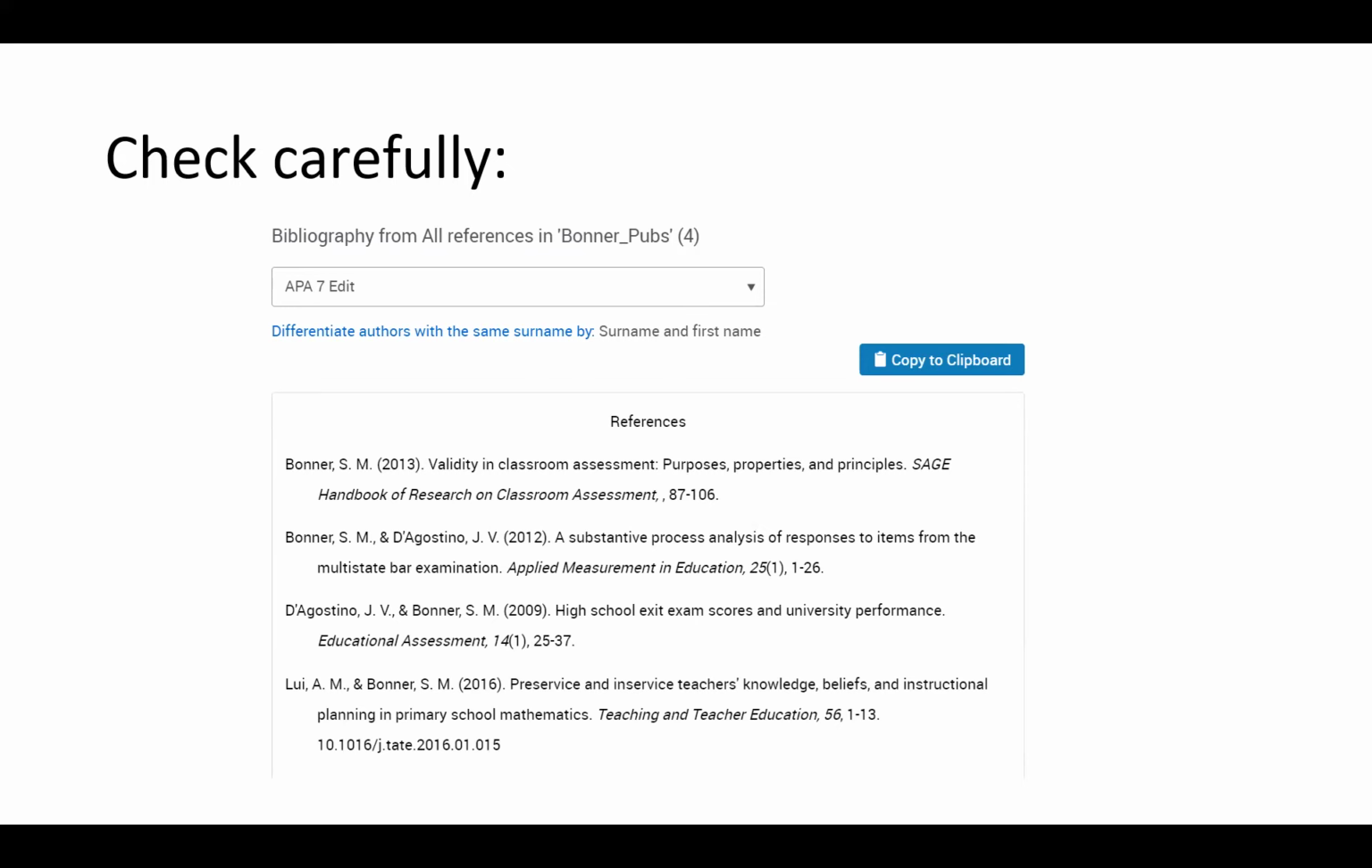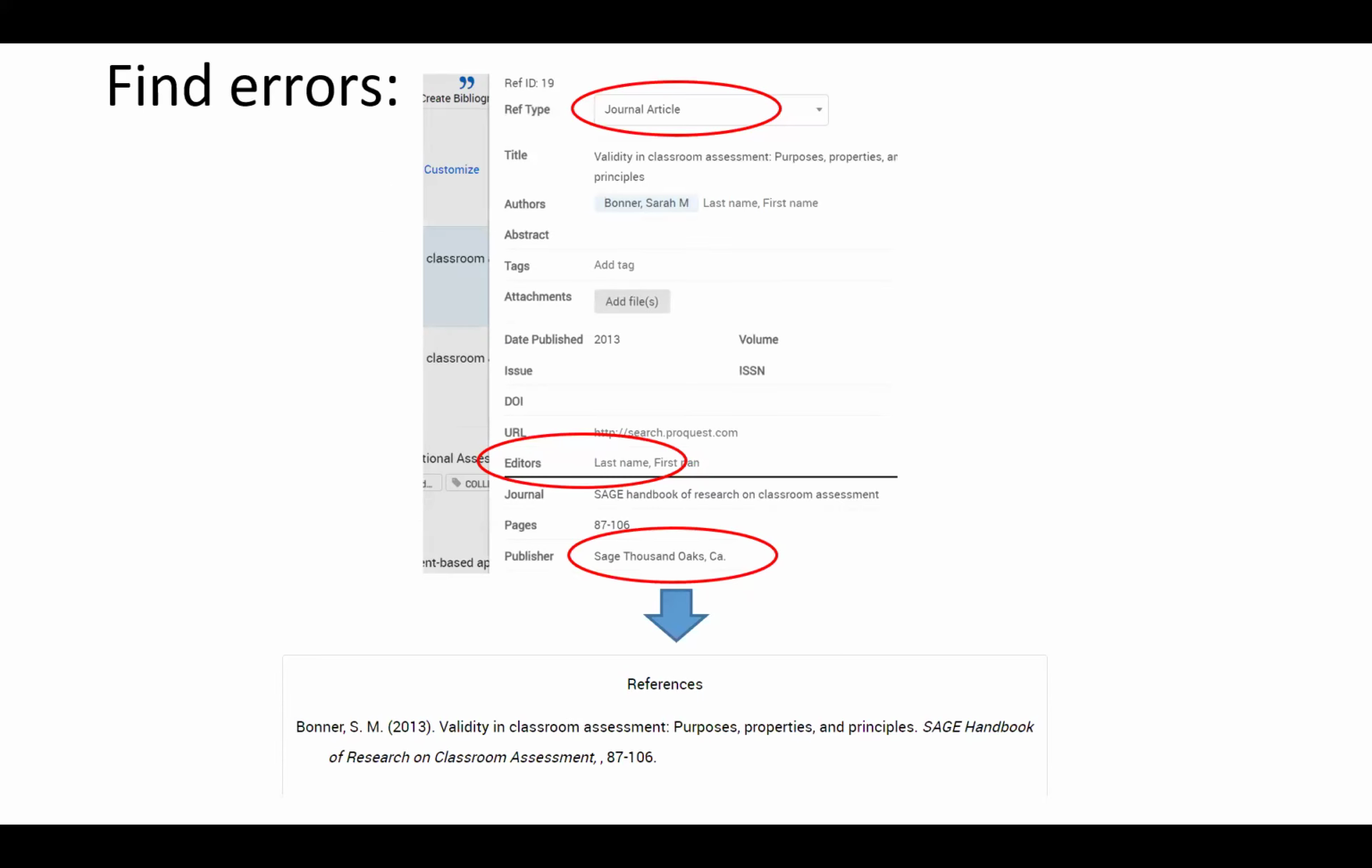So those things need to be fixed. So how do you fix that and what happened? Okay, so this is what happened. The error was that when it brought in the reference, it brought it in as a journal article. And in a journal article, there's a blank for editors. It also, if you go back here,